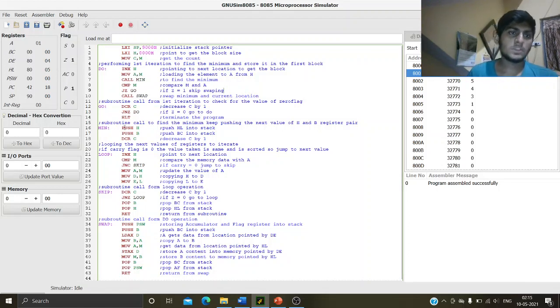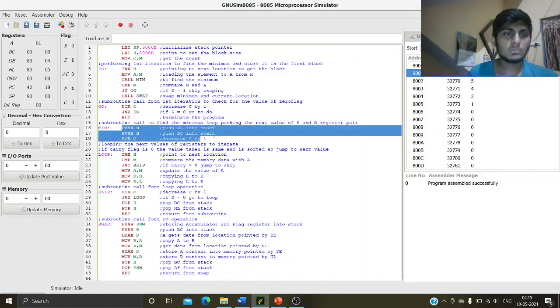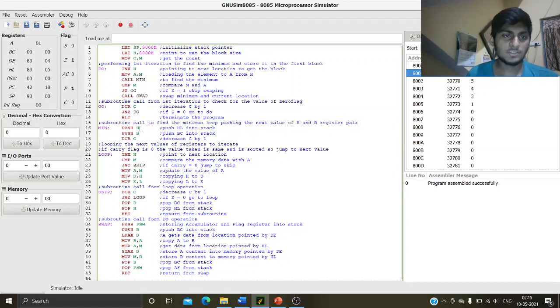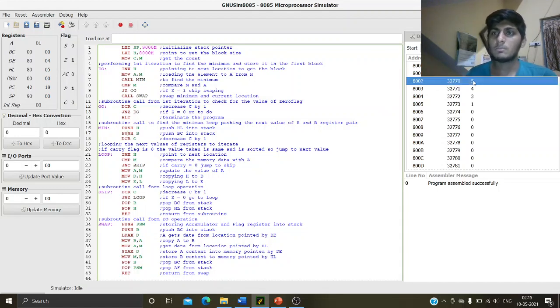For the minimum, we have to push the value of HL register pair into the stack. Also we will push the value of BC register pair into the stack and decrease the value of C by 1. Now we will be going to the next block.